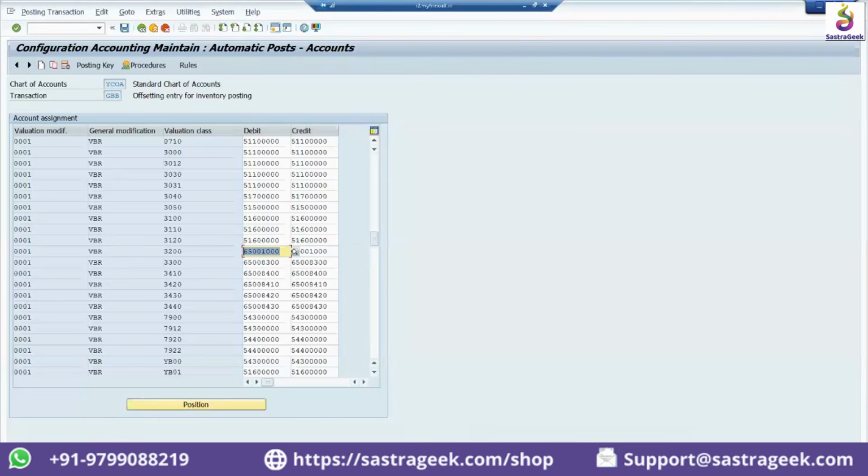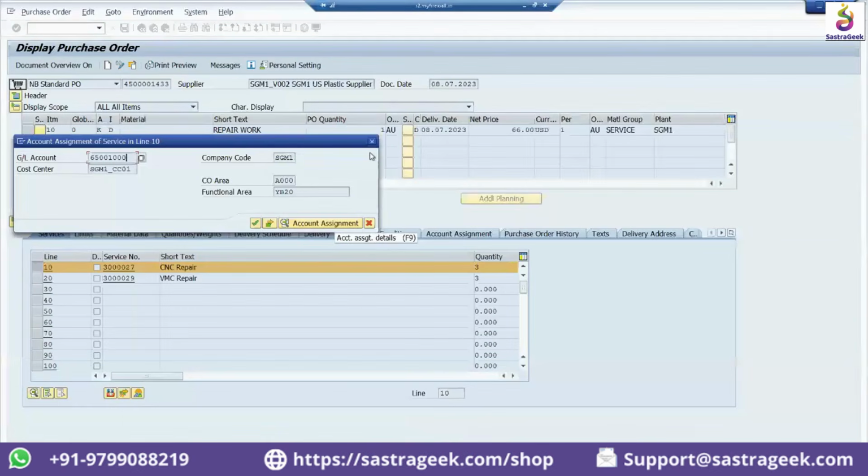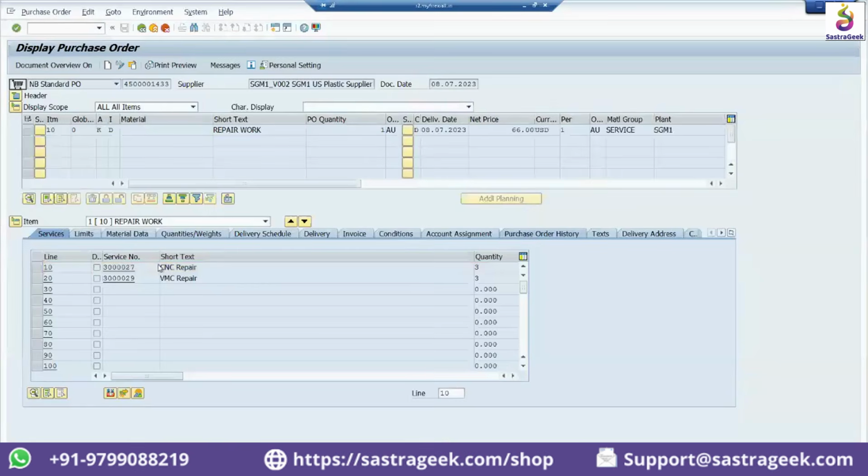But here there is no GBB. Here it came VBR. No. VBR is a general modifier. GBB is a transaction event key. Under the GBB transaction event key, the general modifier plays a role to identify the GL account. Even if I go to the material document,